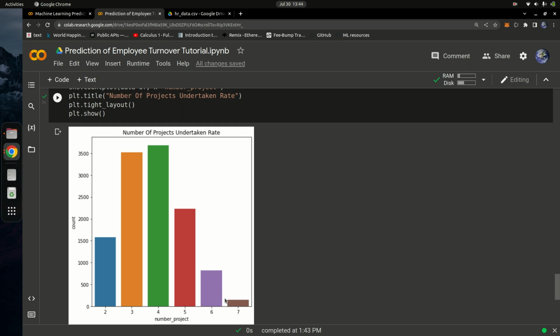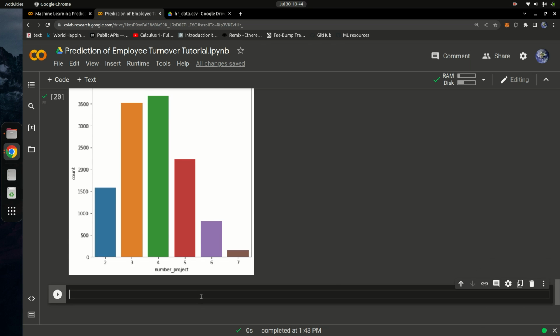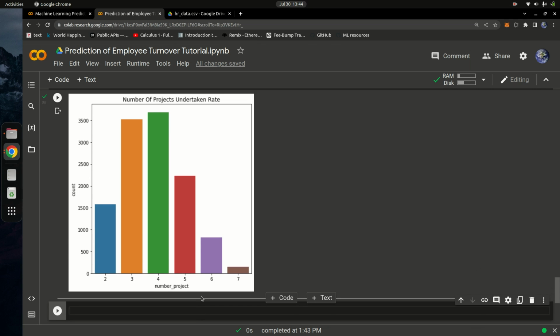Okay, so mostly do 3 and then 4 and then 5 projects, and then 2 is low, and then 7 is the lowest. Okay, even 6 is low. Okay, so most people do around 4 projects. So those people who do 4 projects, does it mean that they have a higher chance of promotion, or those guys who do 7 projects have a higher chance of promotion, or do they stay in the company longer, or all of that? And that's what we're going to be going ahead and trying to find out. That's the whole purpose of this data. So the observation is most people take around 3 to 4 projects, with 7 projects being the least undertaken number of projects, right? Great. Okay, now let's move on, and now I want to go and see promotions made in